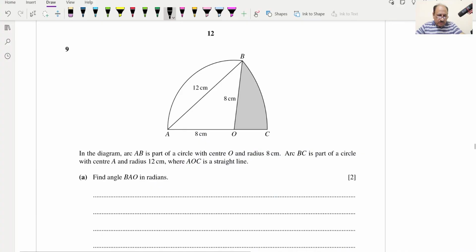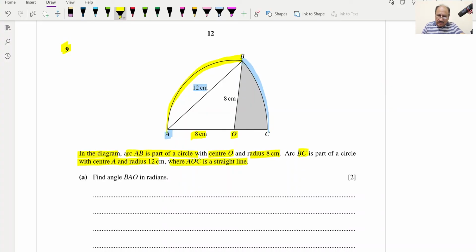Now we can move to question number 9. Drawing is provided. In the drawing, the arc AB is part of the circle with center O, and radius is 8. Arc BC is part of a circle with center A. So the center of this circle is A and the radius is 12 centimeters,